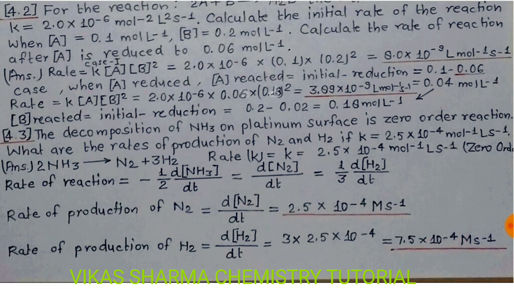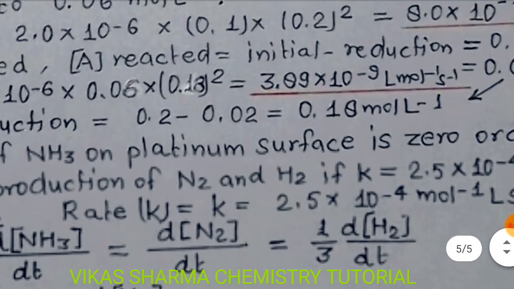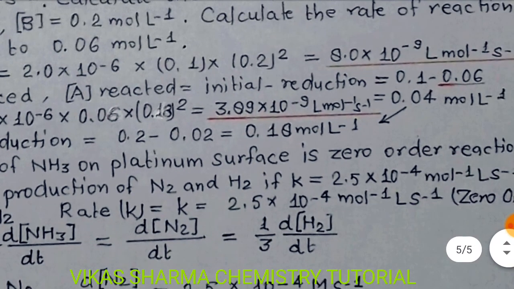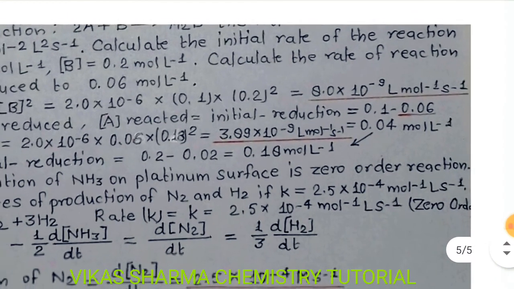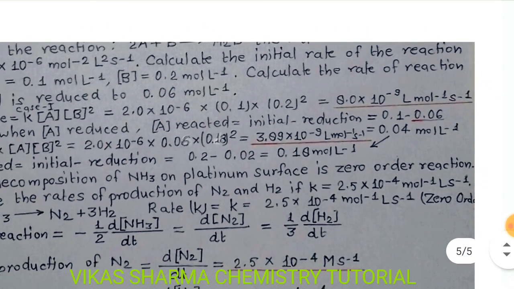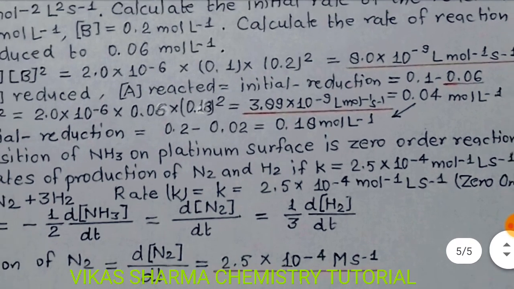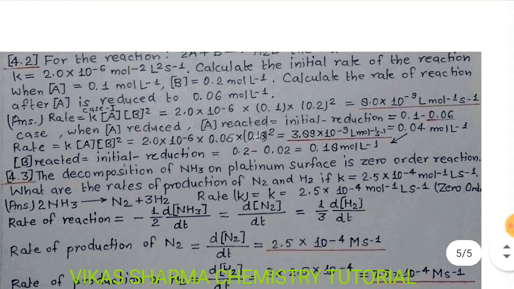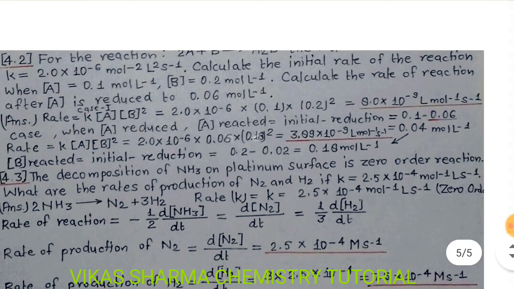So students, you know rate is equal to k, concentration of A, concentration of B squared. Put in all the values, 2.0 into 10 to the power minus 6 into 0.04, then 0.18 squared. So the answer is 3.89 into 10 to the power minus 9 liter per mole per second. Students, concentration of B reacted is initial minus reduction. So the value is 0.2 minus 0.02, so the answer is